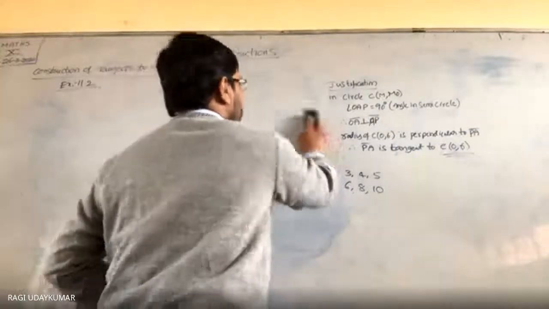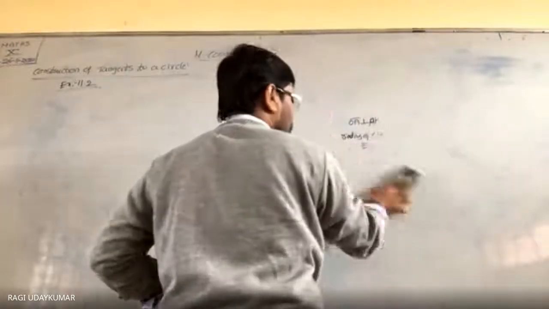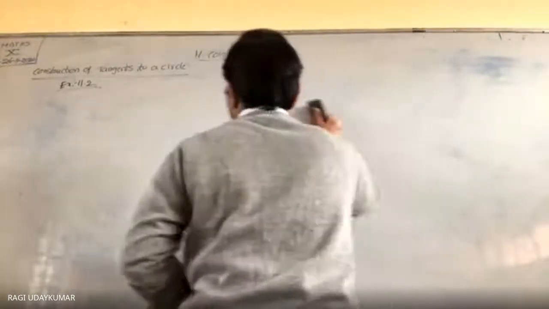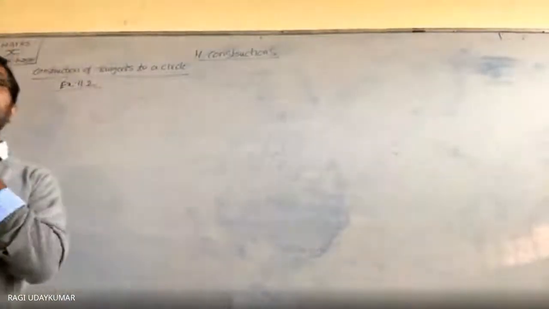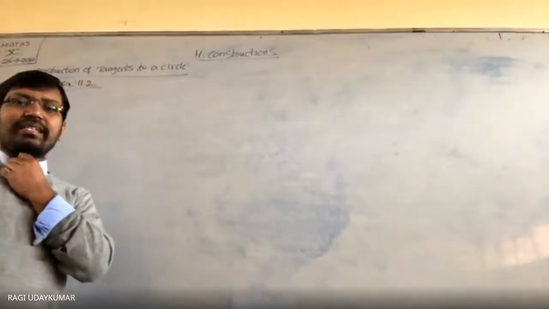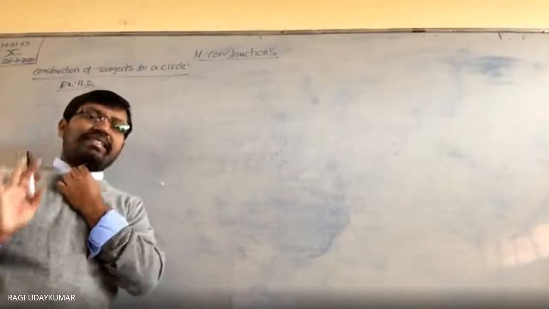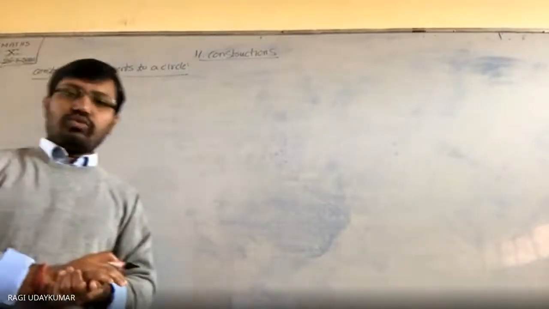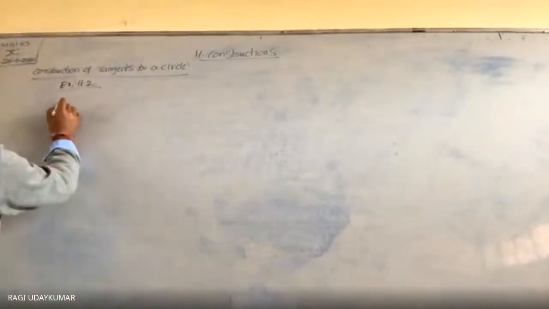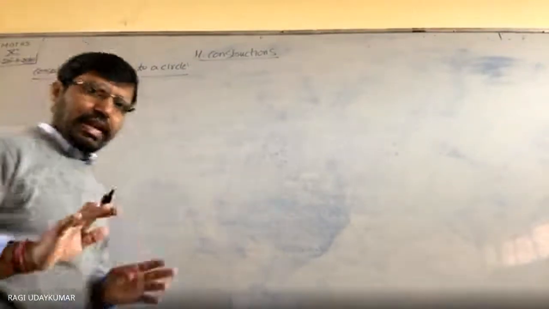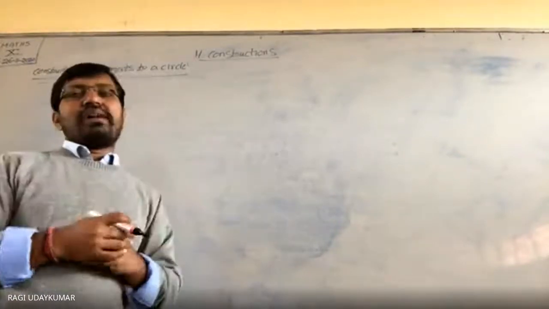See here, very simple chapter. Constructions. I already told you. Your ninth chapter, very few problems, mostly all are similar. So you'll get the 5 marks from there, it is compulsory. Like this, if you learn constructions and applications of trigonometry, don't leave them, because they are small chapters and you'll get good marks. Don't neglect these 2 chapters at any cost. Okay, my best suggestion every time, not only this year, every year. A small chapter, and you are going to get good marks.